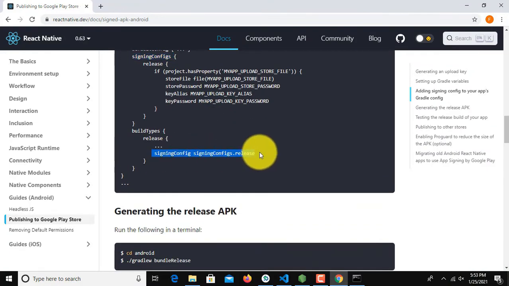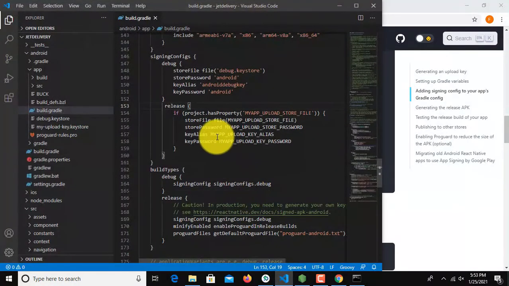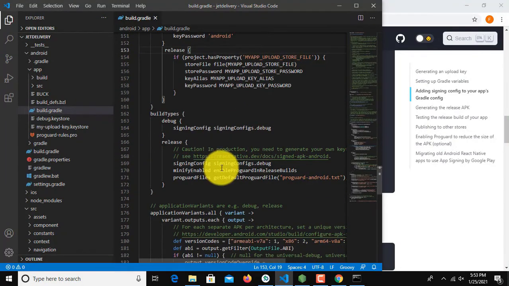Here inside buildTypes and release object, replace the signingConfig debug with the signingConfig release. And here you are done with all the steps.